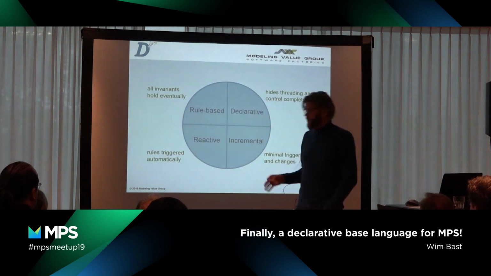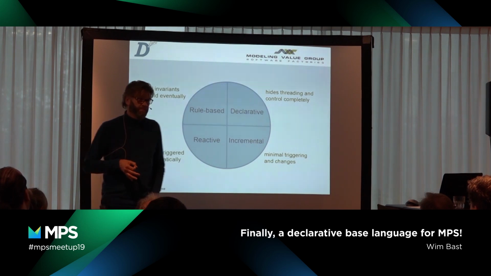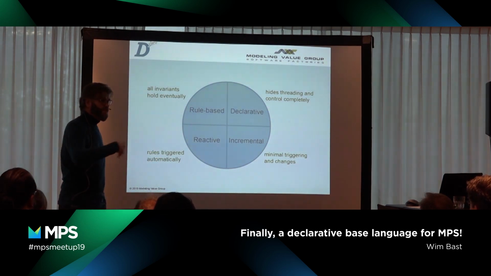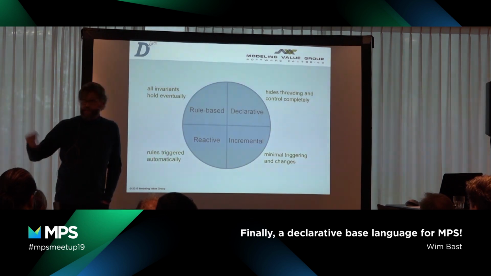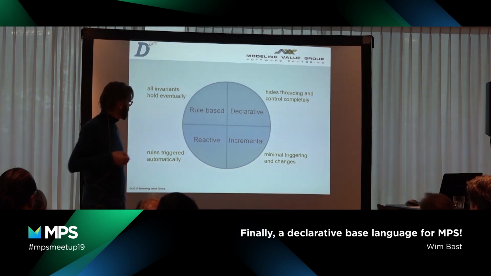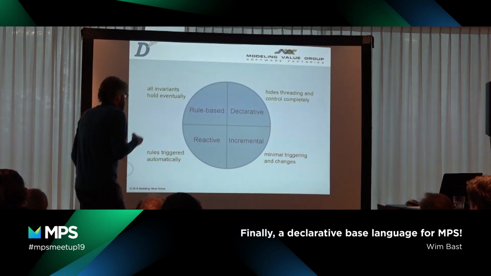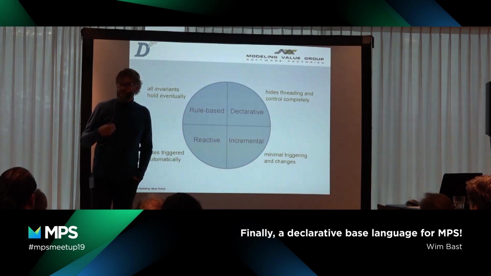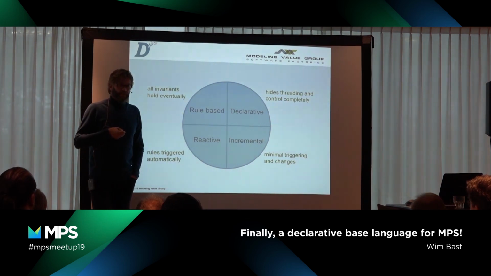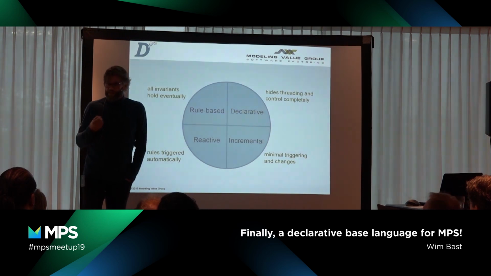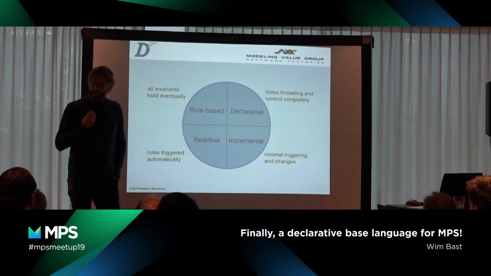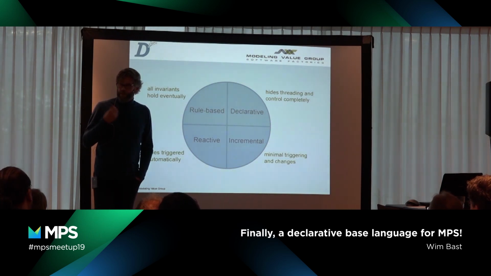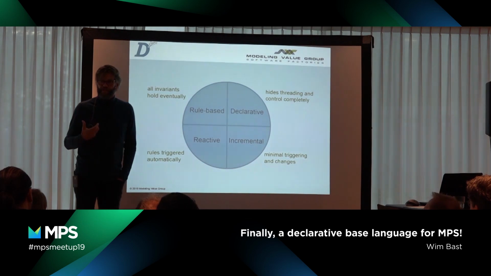The basic principles of Dclare are, it is rule-based. It's object-oriented still, but it is rule-based. You don't have methods that you call, but the rules are automatically, magically enforced. It's rule-based in a way that all the invariants, so in the rules you express invariants, hold at the end. So you don't have to think about that. And if you do things that are in conflict, you will get a notification for it. So semantically, all your statements are provably not in conflict.